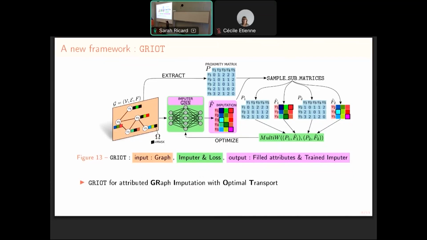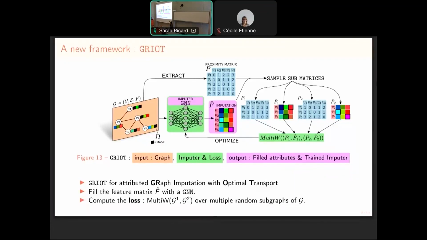And we will process this graph through the GNN, which is the imputer, in order to give an imputed feature matrix F hat. You can see here that the black squares are filled. There is no more missing data. Of course, it will be badly filled at first, but we will